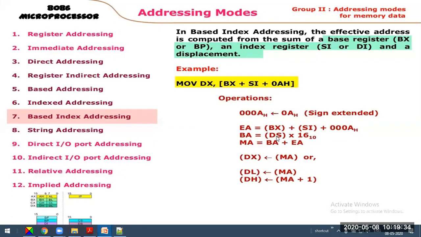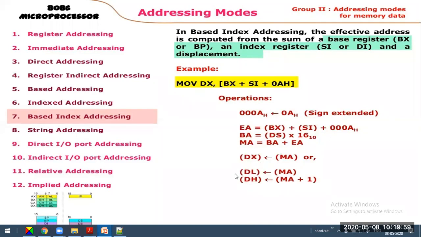The content of the data segment is appended with 0 at the lower bit side to form a 20-bit address. To this, the effective address is added to form what is known as the memory address, or physical address, or absolute address. From that location, data is copied into the DX register, because DX happens to be the destination register.